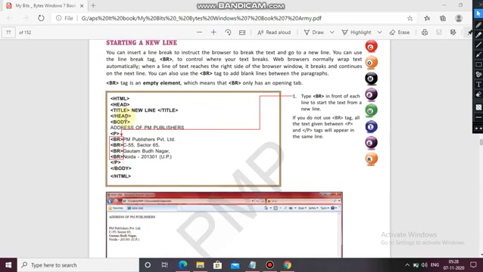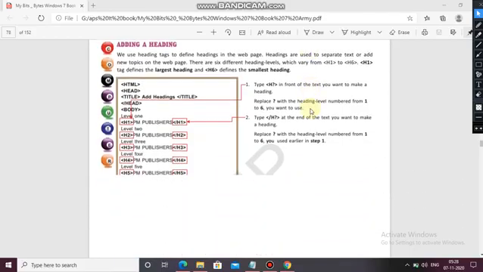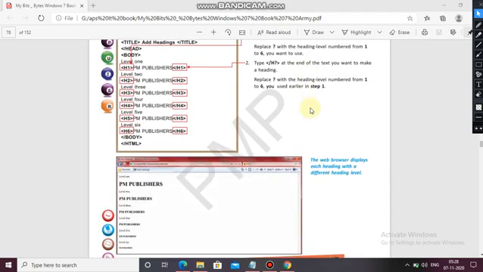New line: the br tag is used for a new line. H1, H2, H3, H4, H6: for the heading, there are different heading levels which I had already discussed.